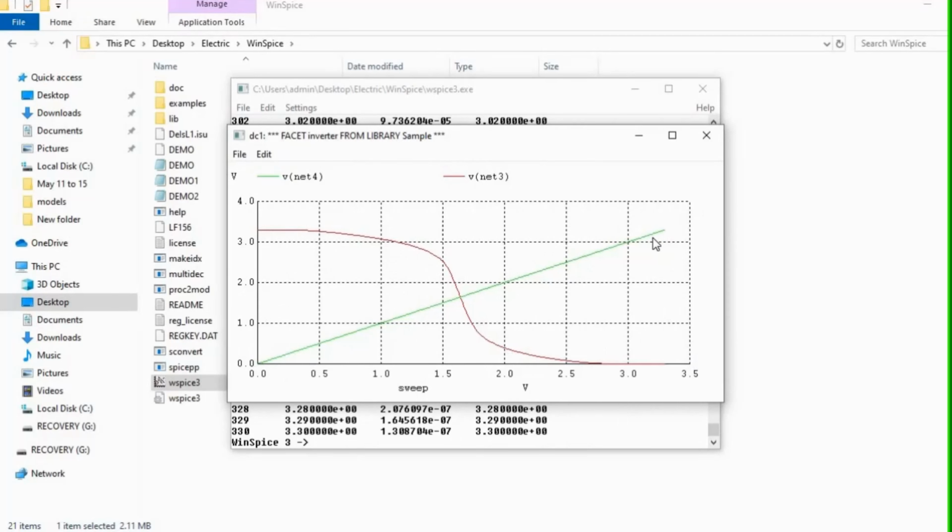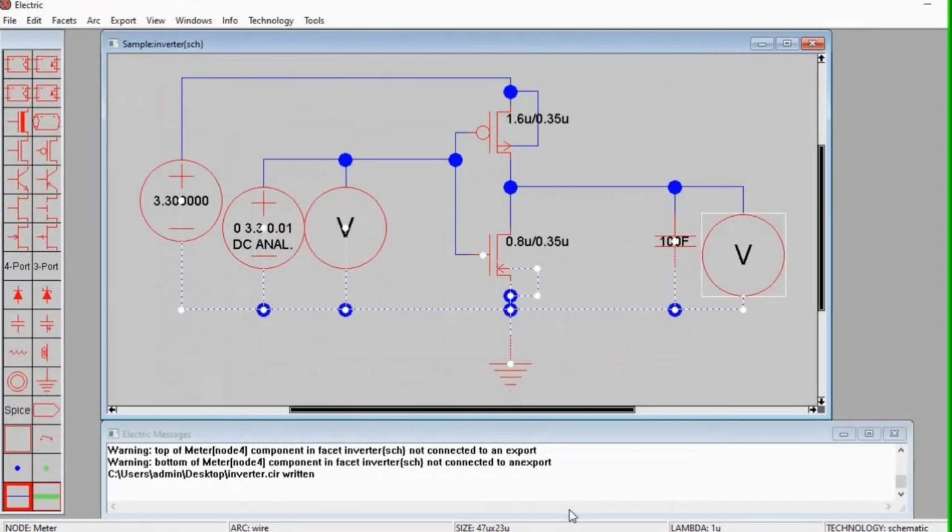You will notice that the name is VNet4 and VNet3. In your simulation, you could change that.